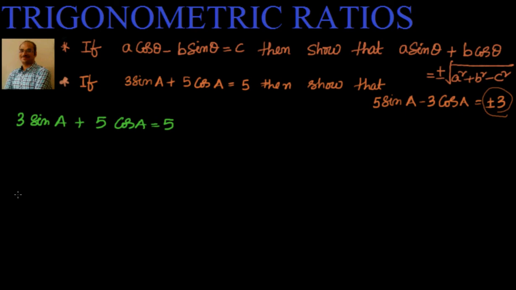Similarly, the other one is 5 sin A minus 3 cos A is equal to, we have to identify, so I'll say it as x. Now, if you look at 3 sin A plus 5 cos A and 5 sin A minus 3 cos A, do you identify any relationship? See, the coefficients changed, switched from x to y, 3 came here and 5 came here and the sign became